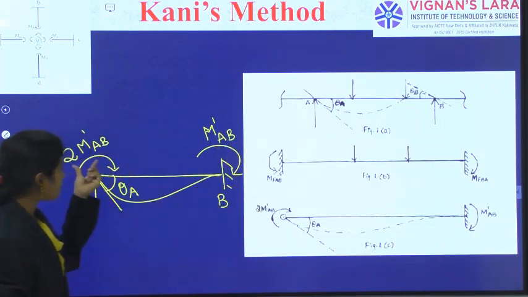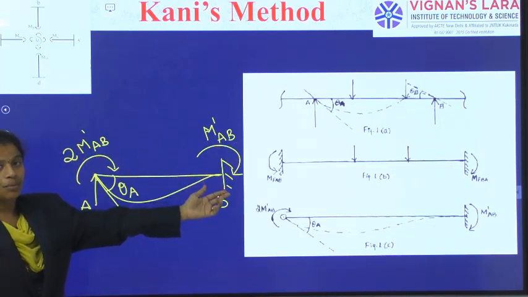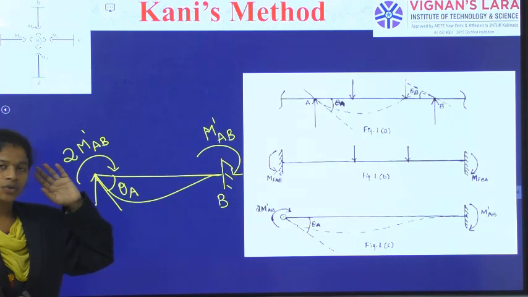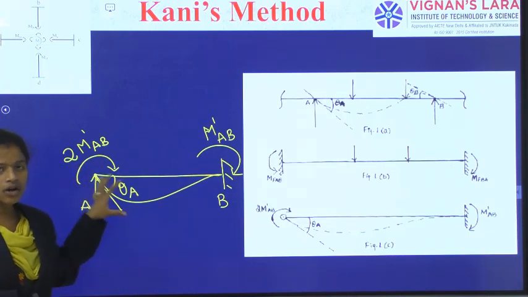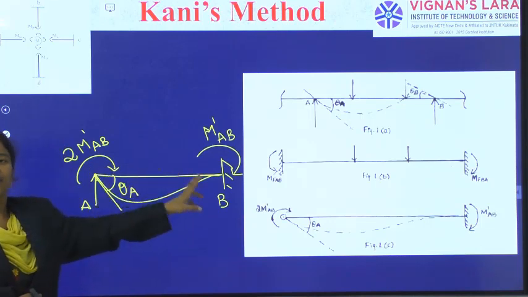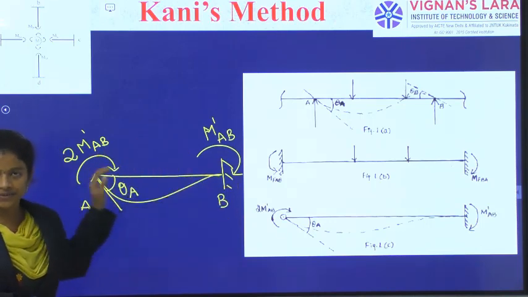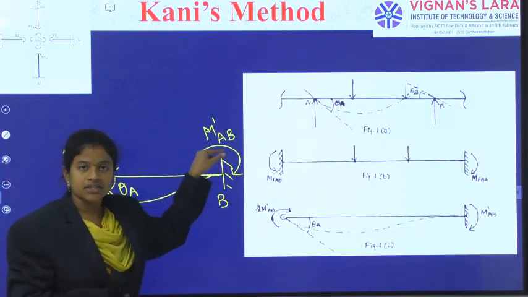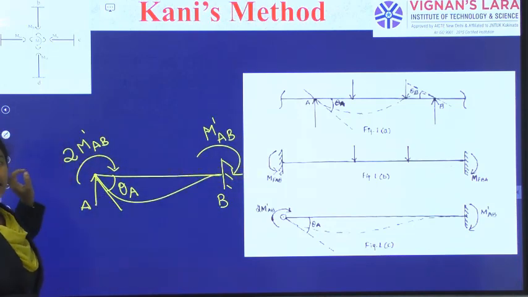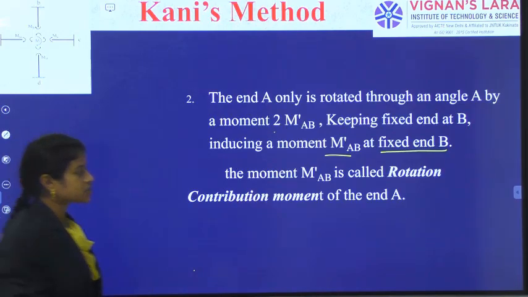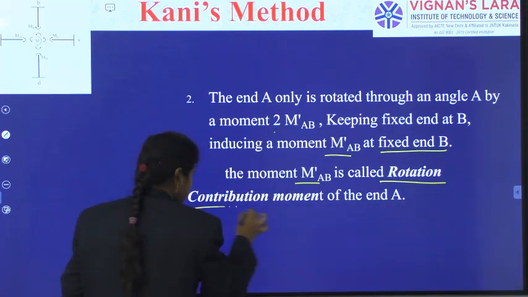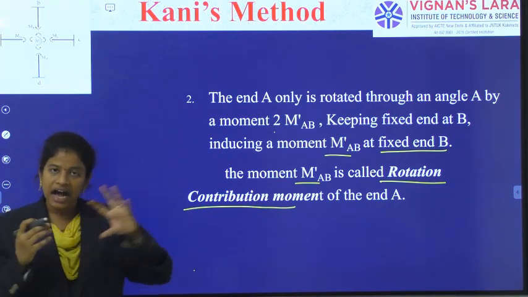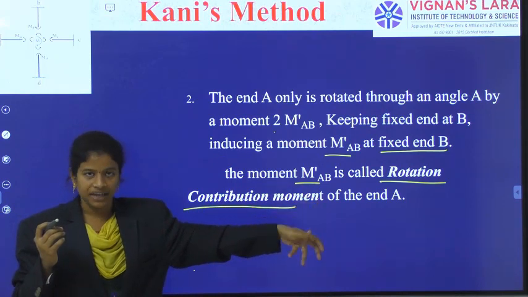Okay, so due to the application of 2M dash AB, half the moment was there. And there we have used this as a carryover moment, right? So don't use the words, but the same concept here is happening because I am applying some moment and the further end is fixed and it is having some half. That's why here I am applying 2 times M dash AB and it is M dash AB. So this M dash AB is some amount of moment I have applied at A, and half of that amount has been induced at B.